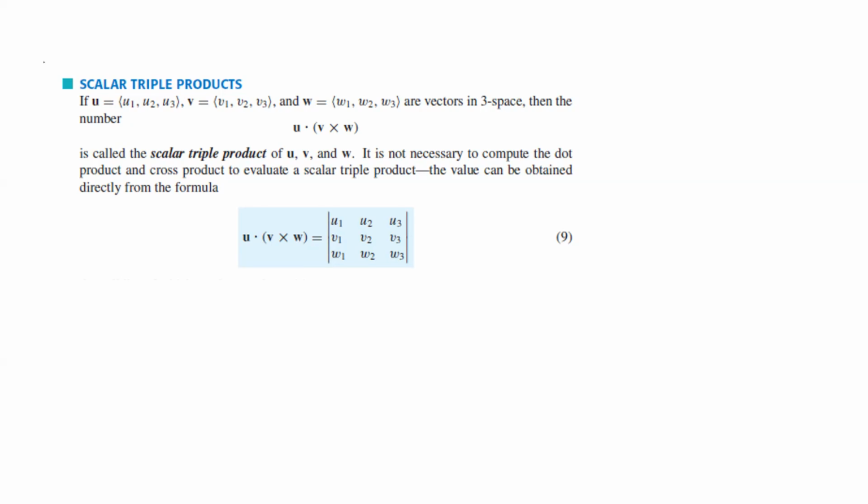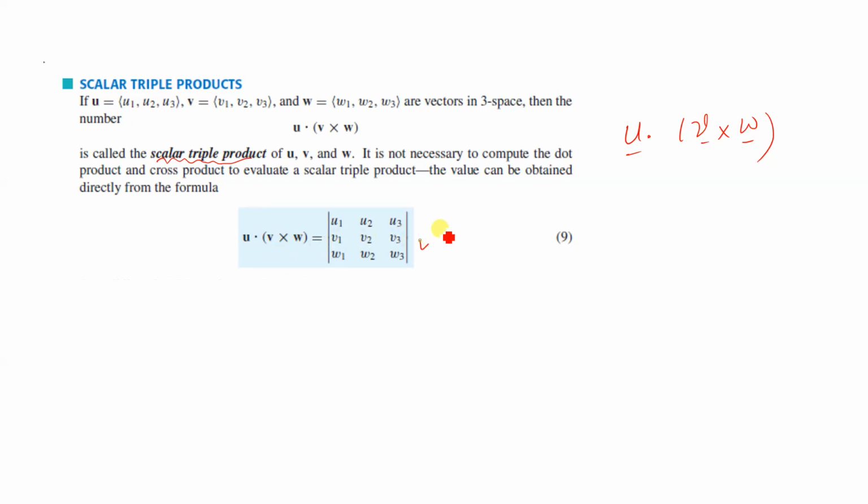So there is another definition which is called scalar triple product. It involves three vectors, and it involves dot product. It also involves cross product. So this is defined by u dot v cross w, and is called scalar triple product of u, v, w,